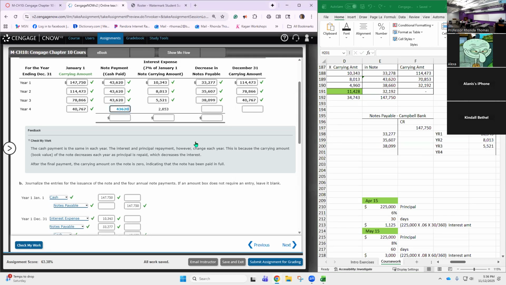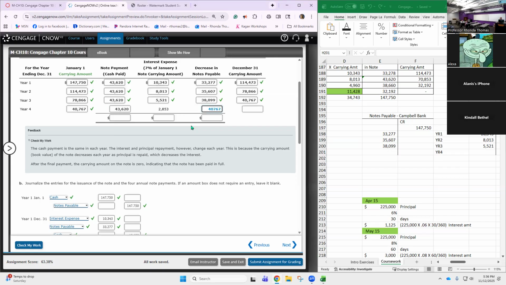Now, this last one, they have calculated the interest for us. So we simply want to subtract that amount from this payment. If you take 43,620 and subtract 2,853, you get